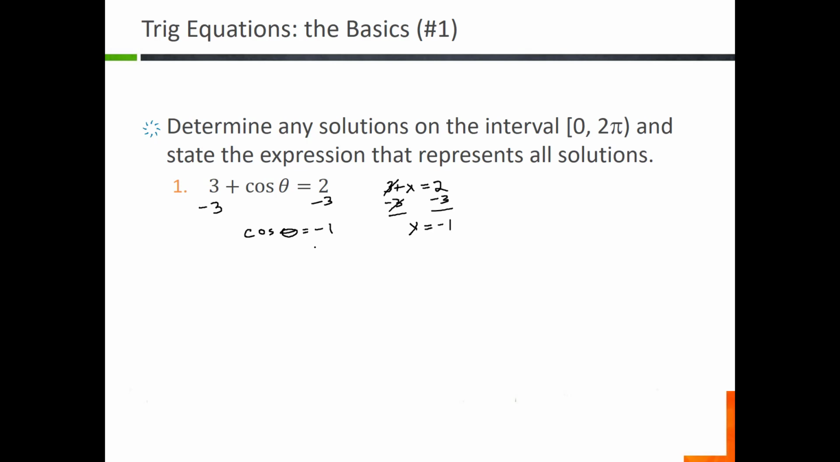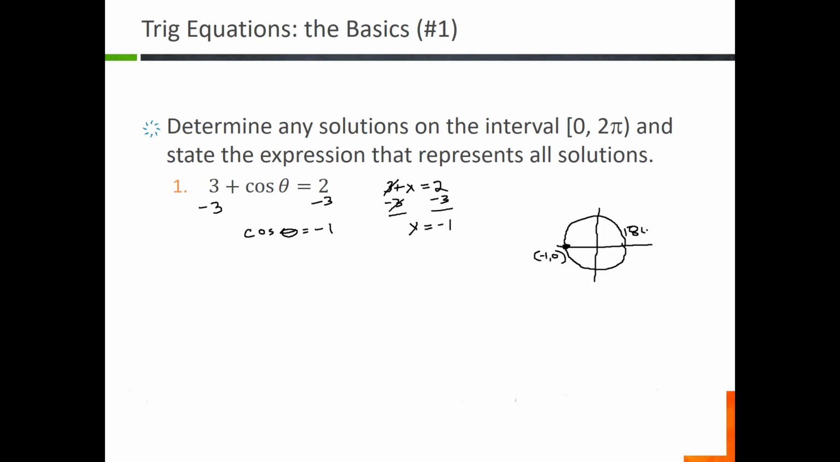And to do that, we want to think about our unit circle. So let's go ahead and make a rough sketch of our unit circle. Okay, so we want to know when cosine is -1. Remember, cosine is the x-coordinate. So we want to know which points on the unit circle have an x-coordinate of -1. It turns out that that is one of the quadrantal angles. It's on the negative x-axis, and that is an angle of